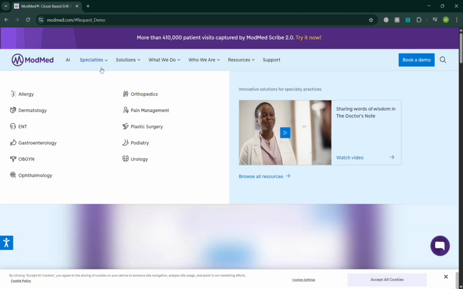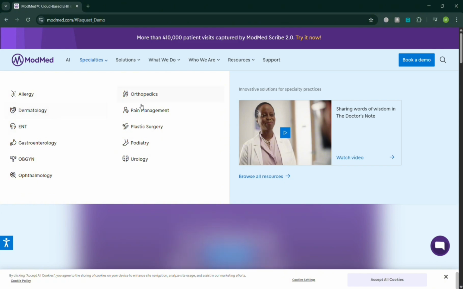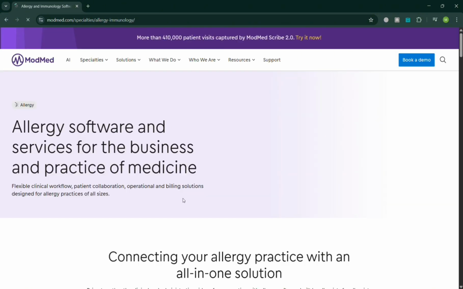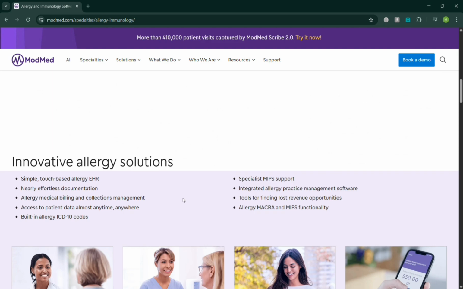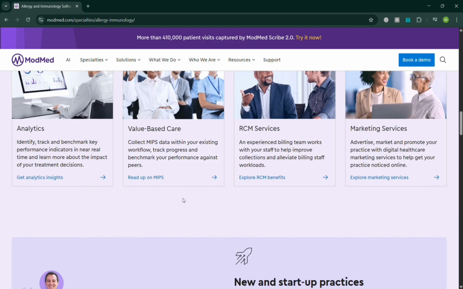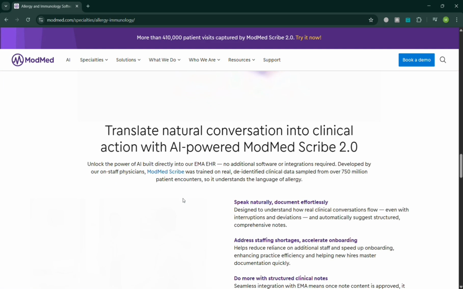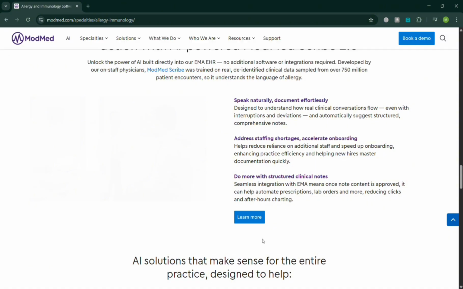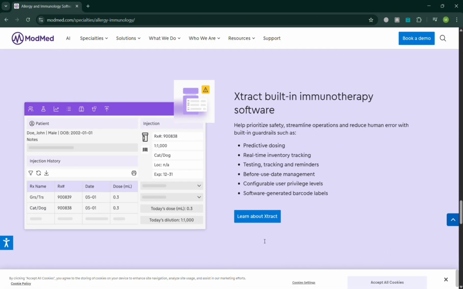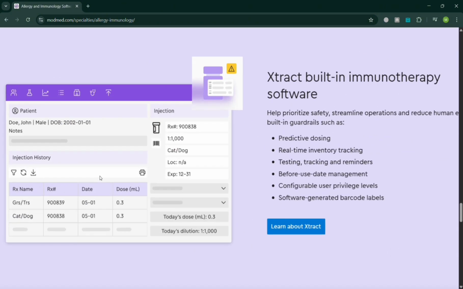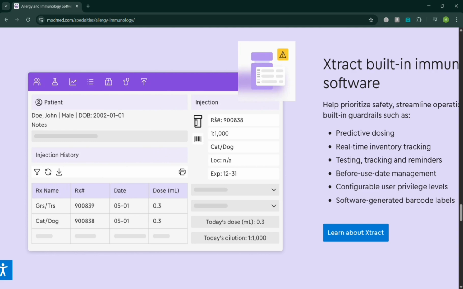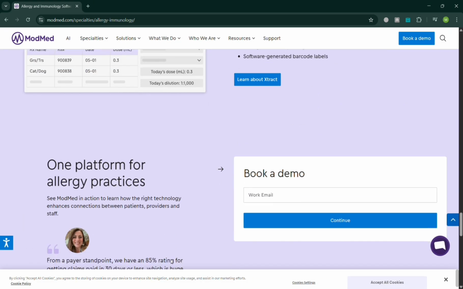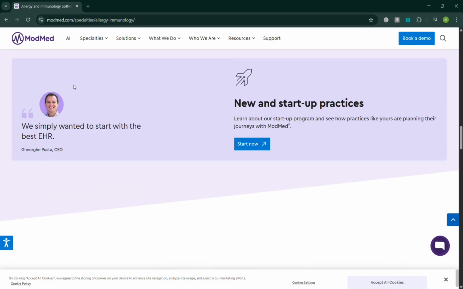But to show you how to start using this, they also offer here a variety of specialties, including, for example, allergy, which is designed specifically to support allergy, asthma, and immunology practices by streamlining both clinical care and administrative processes within a single system. So basically, the main purpose of this is to provide specialty-specific tools that help healthcare providers efficiently manage allergy-related patient